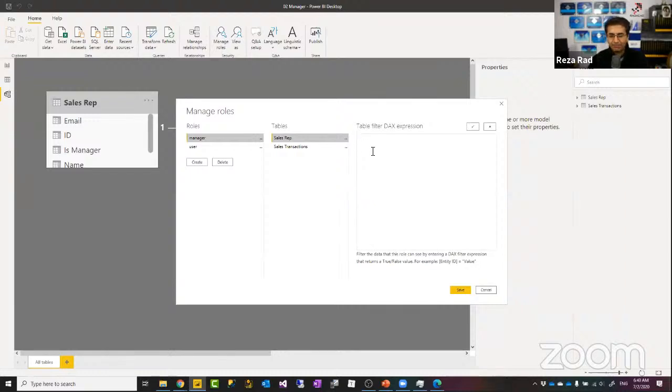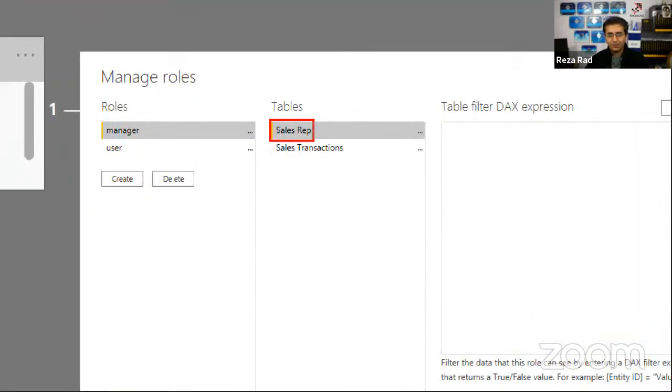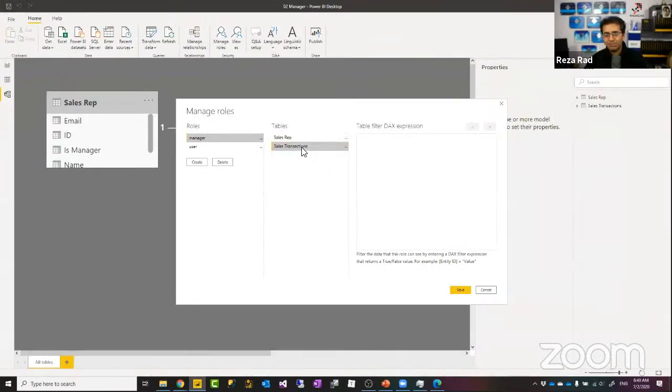So if I want this role to have access to everything, I can write true, just like that. Or I can write a condition that returns true, like 1 = 1, or anything like that. Or I can even not write anything. If you don't write any filters on your tables, all of your tables are unfiltered, which means this user will see everything. But for some people, this might be a little bit confusing when they see a role with no filter criteria. Does it mean this role has access to everything or doesn't have access to everything? So I personally prefer to come here and say something like this, right?